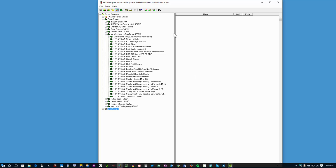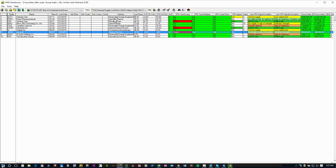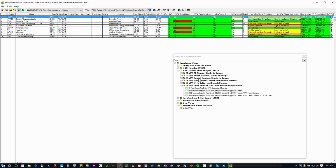I don't know if this is a great time to be looking at the long side, but after looking at that heat map, you would think there is nothing out there. But what we're going to do is take a look at the best of Woodward and Brown. These are stocks that appear most often in all of these other Woodward and Brown smart groups, and then the top 10 are automatically added to this view. I'm going to click through to the warehouse view,